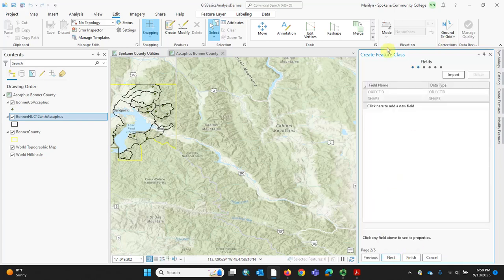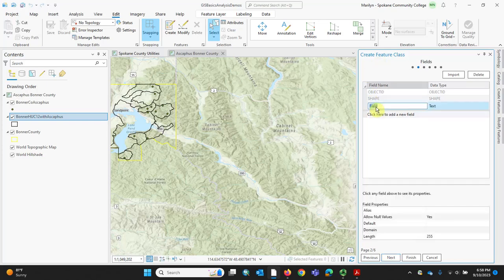And then this is where I get to add fields, and you've seen how we can add them after the fact once we've already built it, but we can add the fields right at the beginning as we're creating a feature class as well. So we've got our object ID and shape ID. Those are just default. Then let's have area, and these all need to conform to naming standards. So this is area in acres,